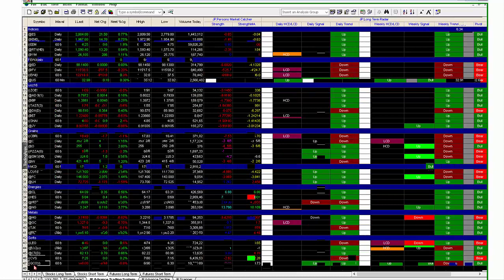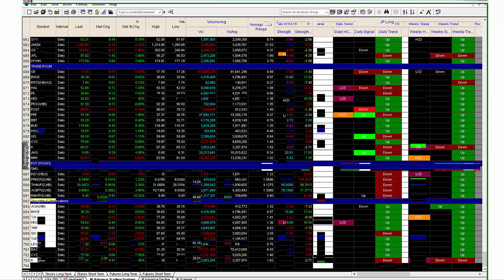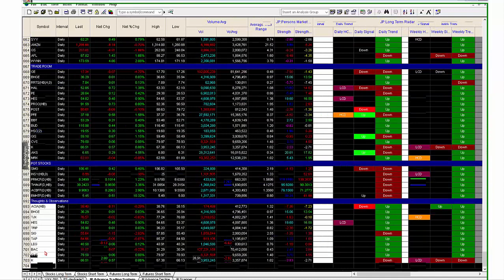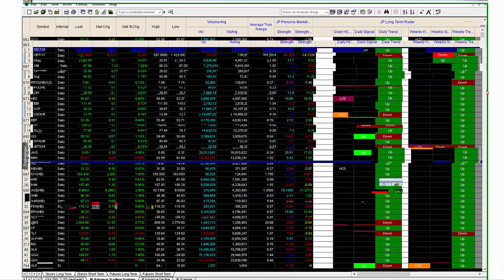So if you have more than one desktop open with more than one radar screen open at the same time, you may want to try to condense what you're asking each radar screen to do, because over analysis, it won't be able to handle it and you will crash more often. So I wanted to make sure that we're all kind of in tune with that.